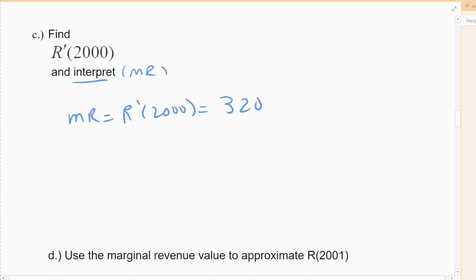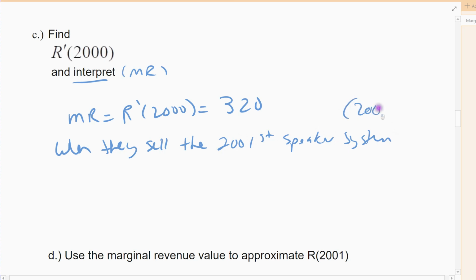So this means when they sell the next speaker, they're currently selling 2,000. When they sell the 2001st speaker system, they're going from 2000 to 2001, specifically that one. If I picked 1000 to 1001, I would get a different answer probably. When I'm going from 2000 to 2001,